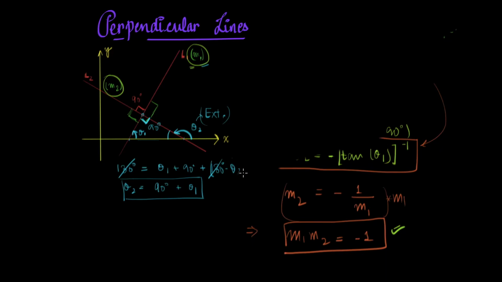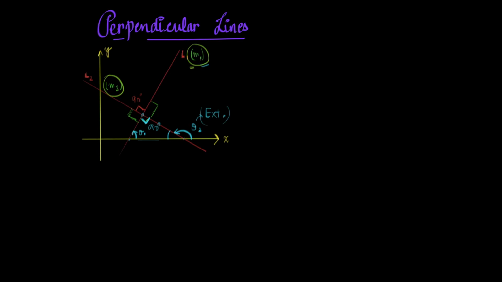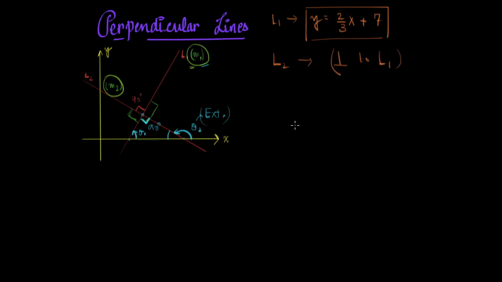So let me just erase all that, and here we go. Let the first line L1 be of the form y equals 2 by 3 x plus 7, say, right? This is our first line. We want L2 to be perpendicular to line L1. So the slope of L2 must be such that the product of that multiplied by the slope of line L1 be negative 1. So if the slope of L2 is m, say,